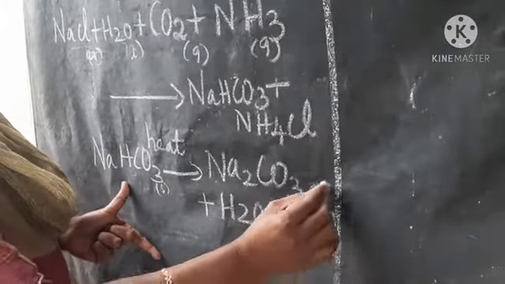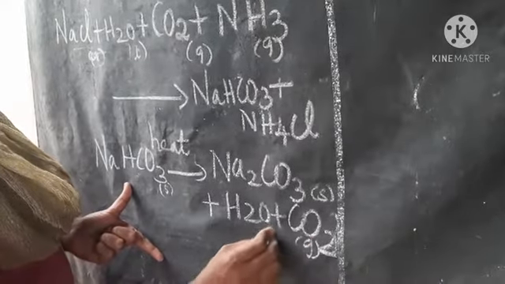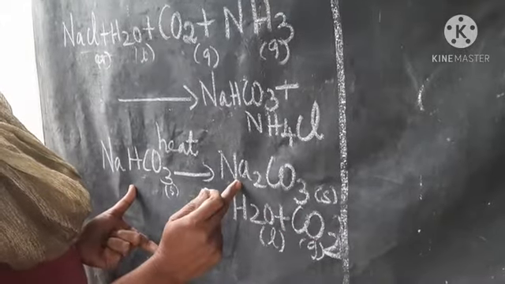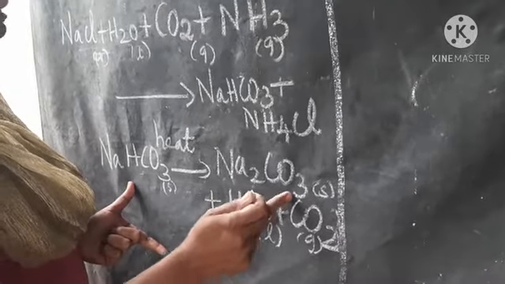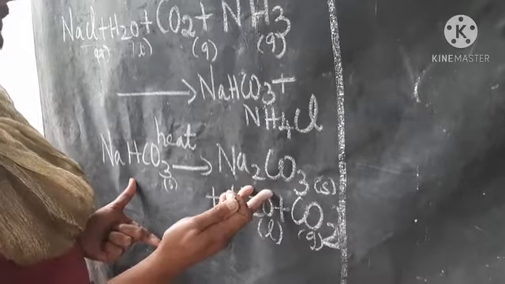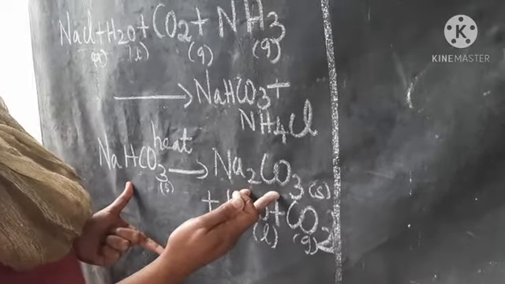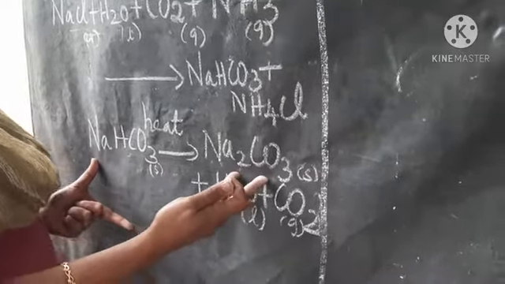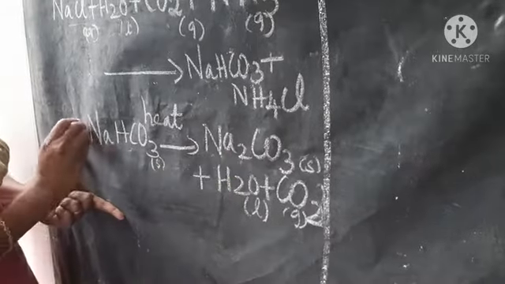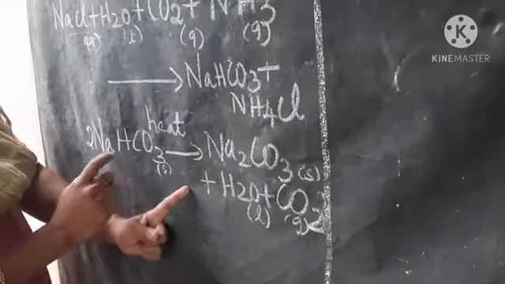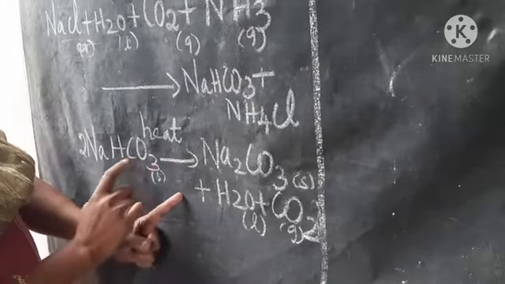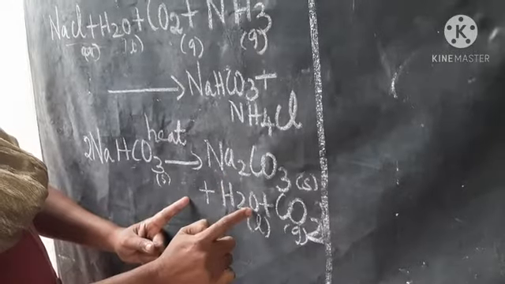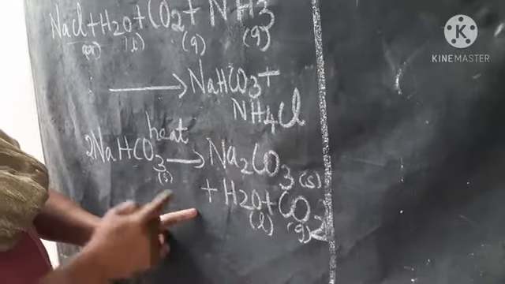Okay, balancing the equation, you know it is a salt, and here it is also a salt. And this is gaseous form and this is liquid form. When it is heated, these 2 will escape. The remaining thing we get is Na2CO3. And what is Na2CO3? It is sodium carbonate. Okay, balancing: Na 2 this side 2, I think it is balanced. Hydrogen 2, carbon 2, oxygen 6. Now it is a balanced equation.